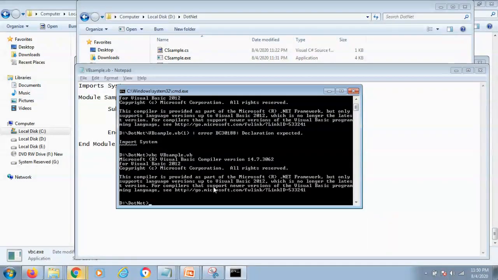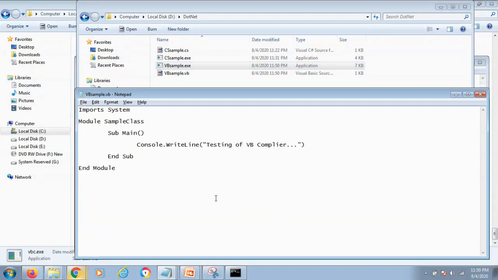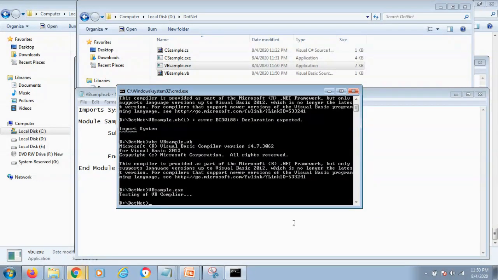Yeah, that is good. Now the file is compiled and converted into an .exe file, vbsample.exe. Now the JIT compiler can run this file and display the output as well. This is the very same message as before, as we displayed for the C# compiler.